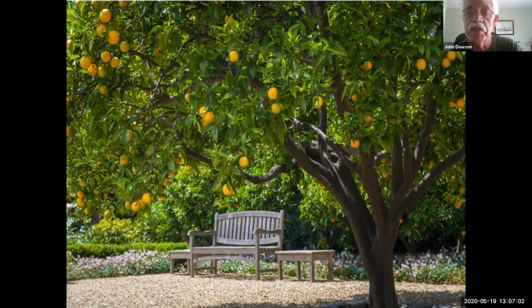Unfortunately, the disease affects the trees to the point where they cannot bring up nutrients to the upper portion of the tree, and the tree will eventually die within 3 to 5 years. Fruit production basically drops down in the third year, and there's no cure at this time, and there are no workarounds, but a lot of effort and money is being spent in trying to develop both cures and some sort of a procedure in which we might be able to bring back citrus in the very near future. But in the meantime, the University of Florida basically has said that we should stop recommending citrus to our home